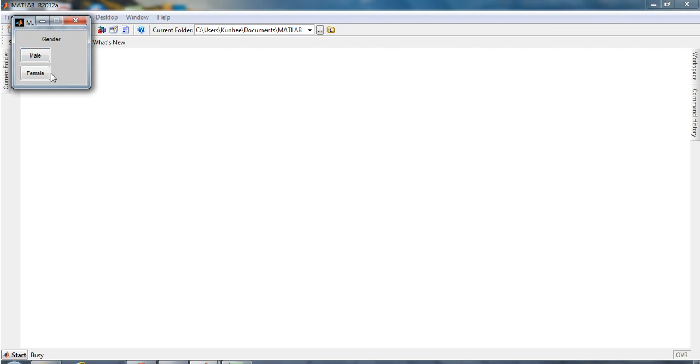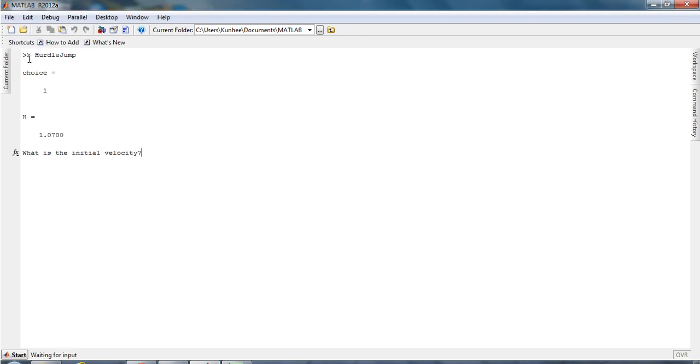And then from there we pick male or female. For our case, we're going to pick male. When we pick this, we have a hurdle height of 1.07, and this is in meters. And it's the official Olympic height for males. And then if we picked female, then it would be 0.99 meters, and that would be the official height for